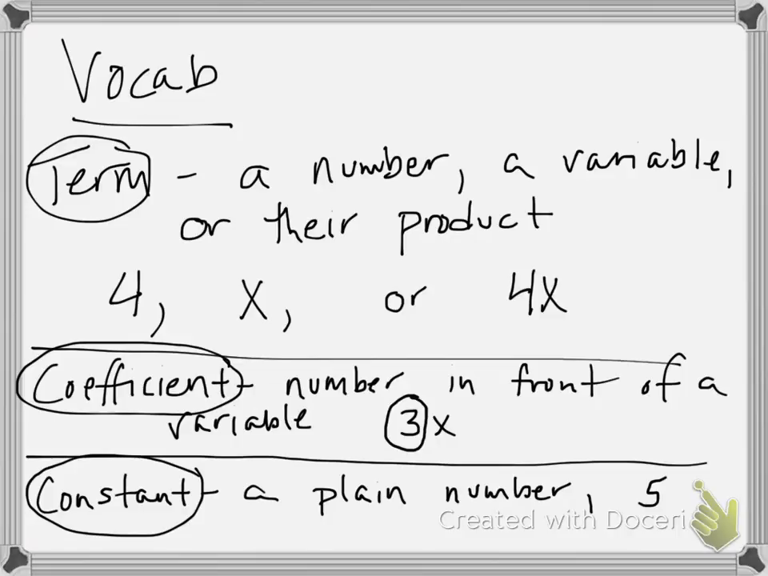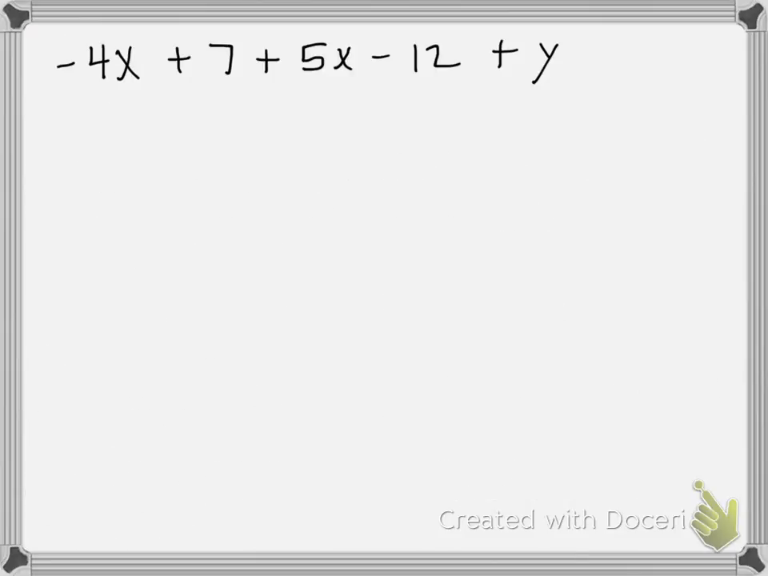All right, so let's take a look at an expression, and we'll identify terms, coefficients, and the constant, and then we will combine like terms in order to simplify that expression. All right, so here it is. When we are figuring out terms, we have to keep the sign that is with that term. So in this problem, our terms would be